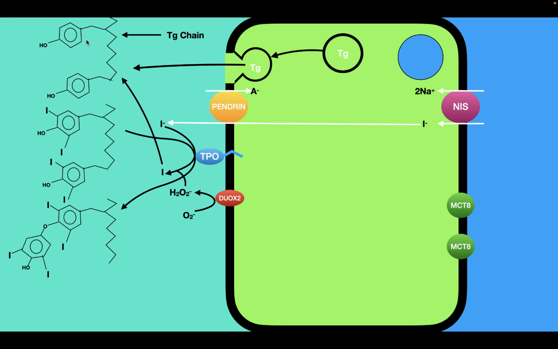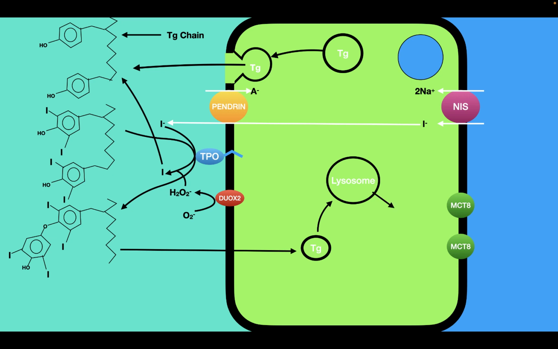So the first step is that we have to remove the thyroglobulin that is stored in the colloid and bring it into the follicular cell. And the way that the follicular cell is going to be doing this is through fluid phase endocytosis. So basically, through fluid phase endocytosis, thyroglobulin is taken up and it's packaged in these vesicles. These vesicles then fuse with the lysosome, and the lysosome is then going to hydrolyze thyroglobulin into MIT, DIT, T3,